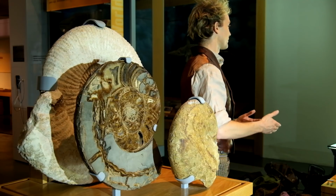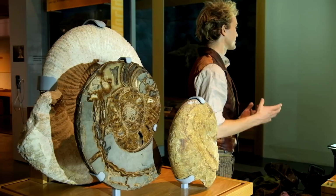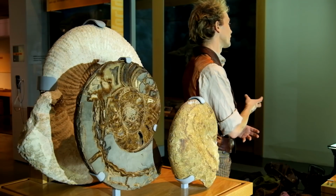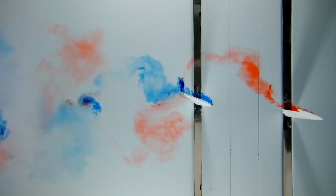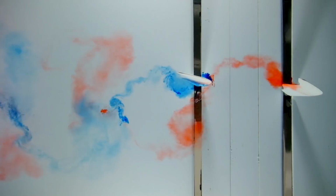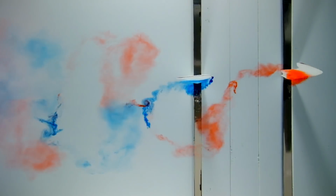When a flipper is flapping, a vortex is created at its leading edge. Each time the flipper is at the top or bottom of each flap, a vortex gets washed off and is shed into the wake. The pattern of vortices behind the flipper is called a vortex street because it looks like lampposts alternating each side of a road. So I found that increases in performance of the rear flipper only occur when it weaves in between these vortices